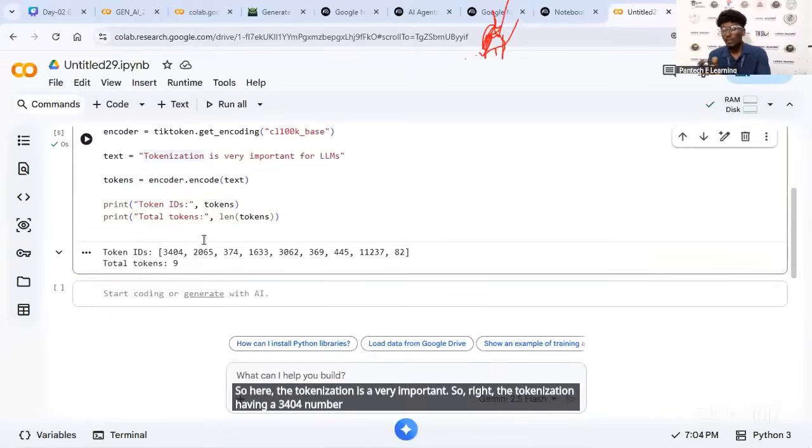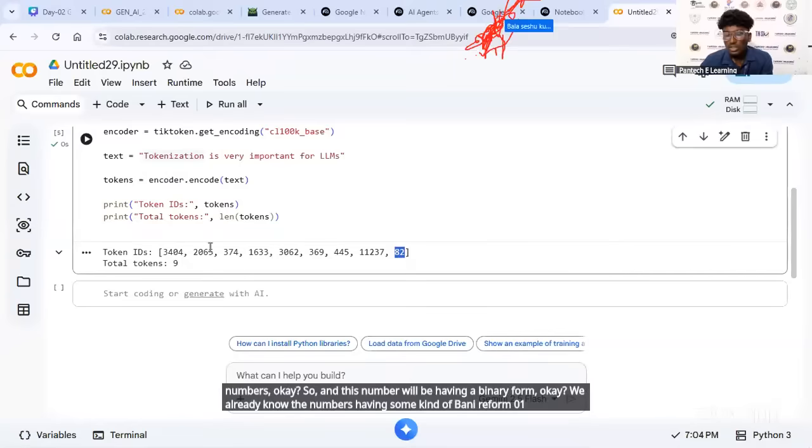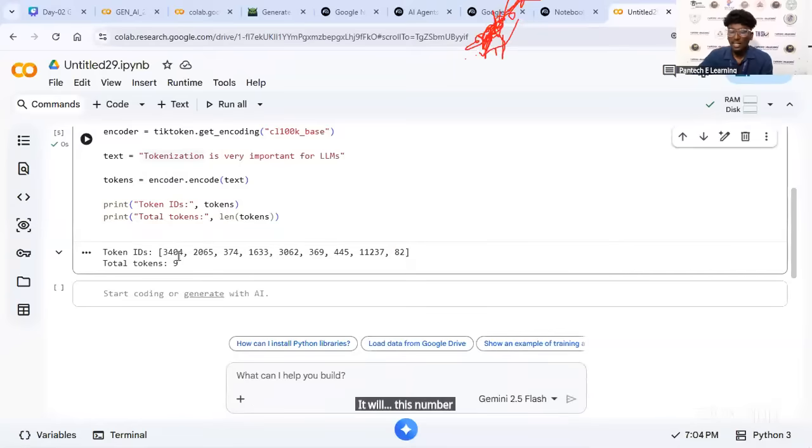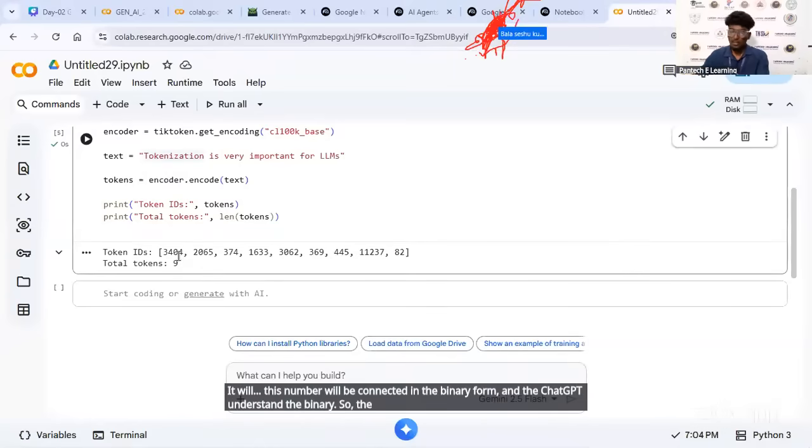The text is converted into numbers, not random numbers but some kind of numbers. These numbers have a binary form, like 0 and 1. The number is converted into binary form, and the computer can easily understand binary, find it, and based on the mapping understand the things.